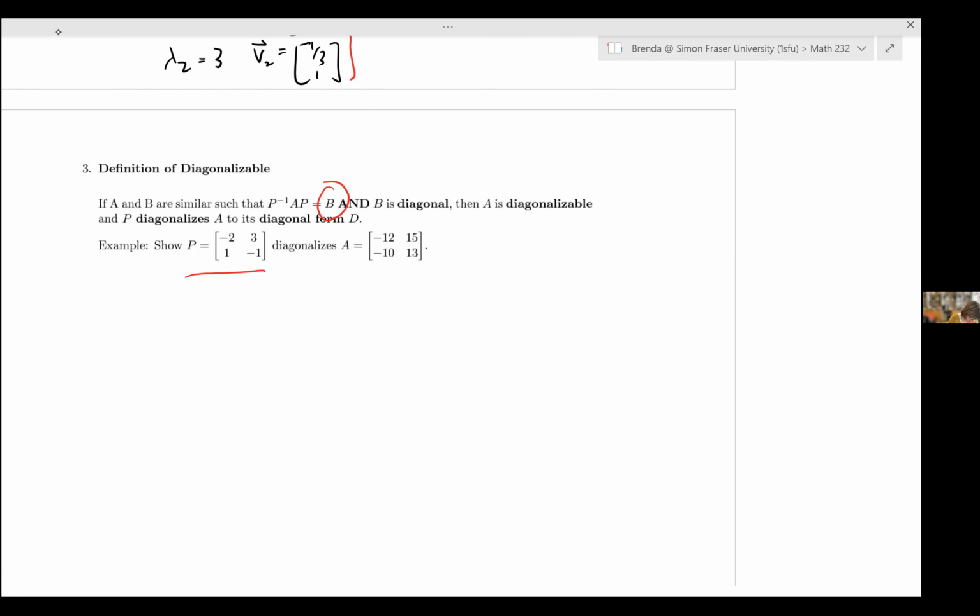Okay, so let's compute the inverse of P. That is going to be 1 over the determinant. That's 6 plus 1 multiplied by